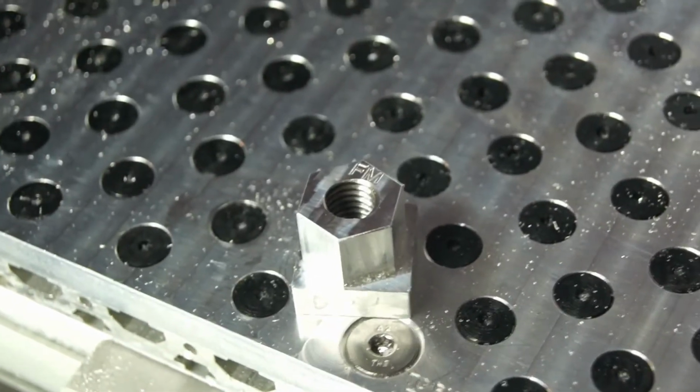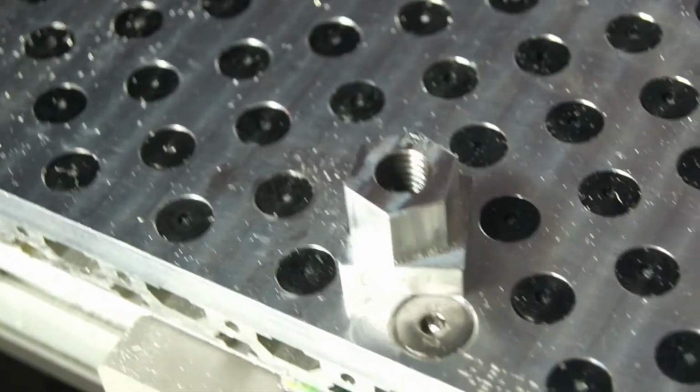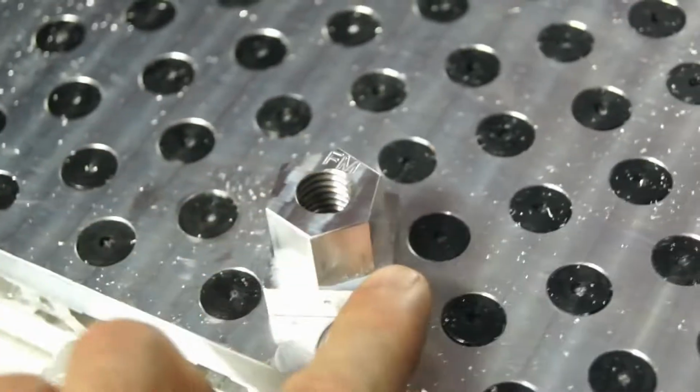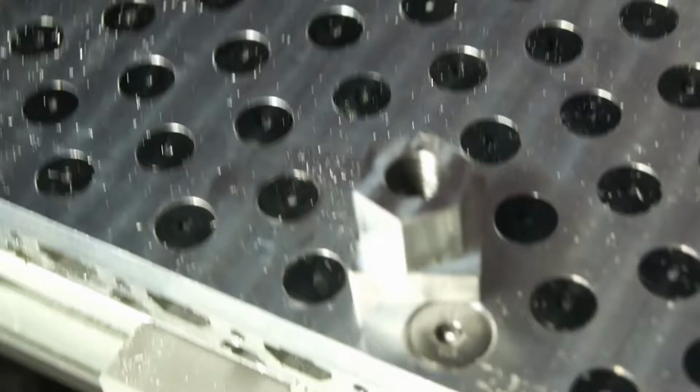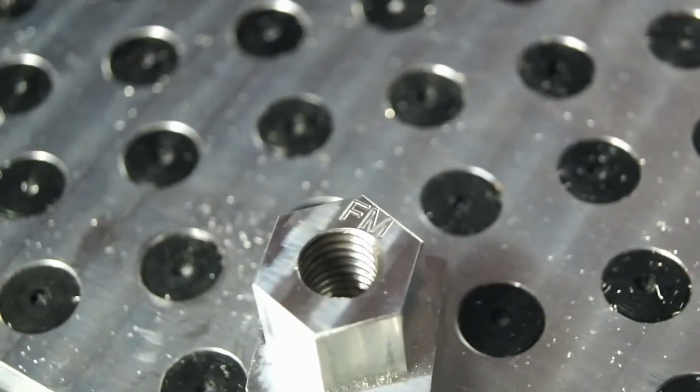Okay, the machining was a bit monotonous because I had to run it like 5 times, more than that, 10 times to get the depth right. This one was shorter than the rest of them. And then after I got the depth right, I went in there and I inscribed